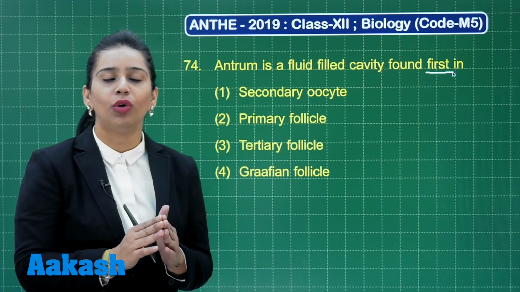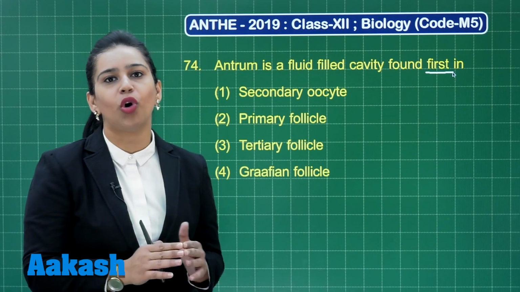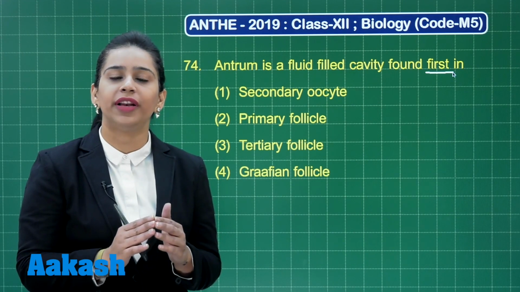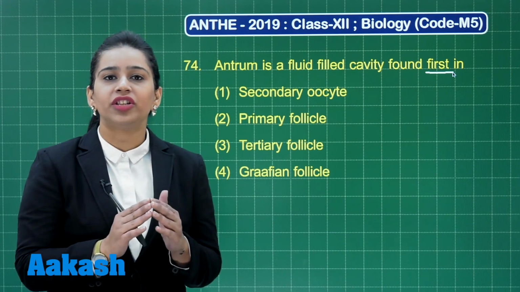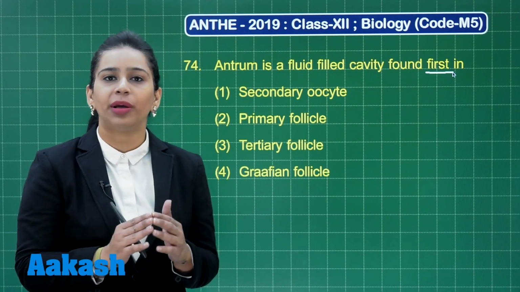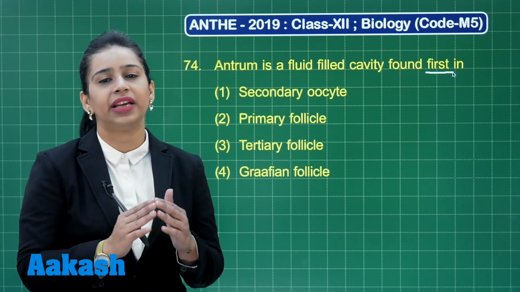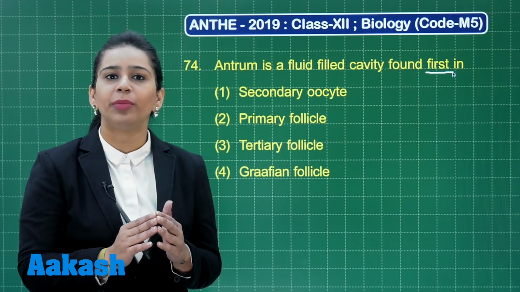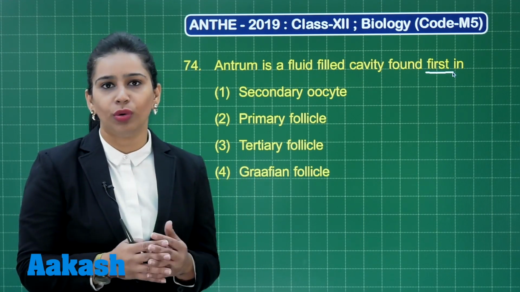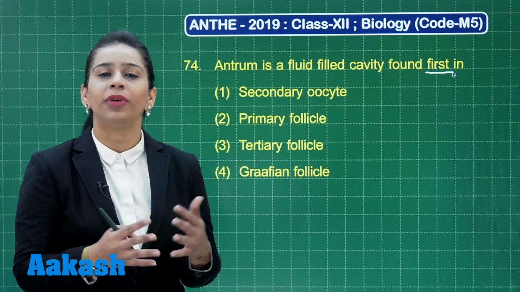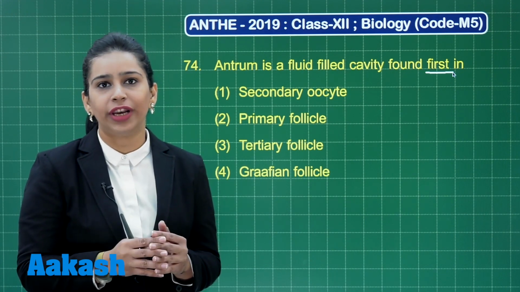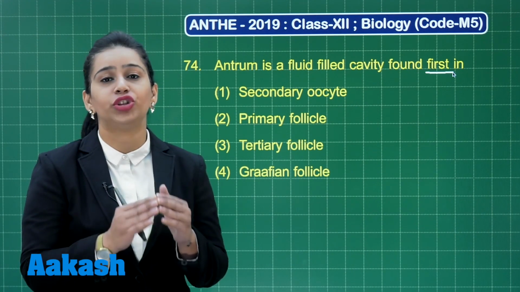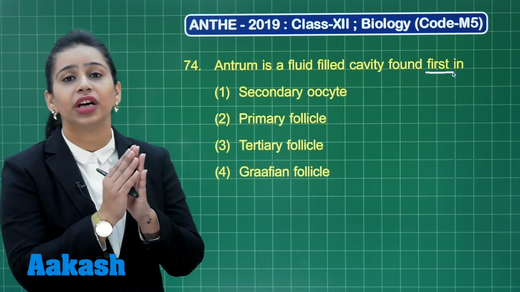Now students, as we know that oogenesis is the process of formation of a mature female gamete which starts during embryonic development, and the gamete mother cells divide to form primary oocyte, and now these primary oocytes get surrounded by granulosa cells to form a primary follicle. Now this primary follicle gets surrounded by more granulosa cells and a new theca to form secondary follicle, and this secondary follicle turns into the tertiary follicle, and this tertiary follicle is the stage where this primary oocyte will complete